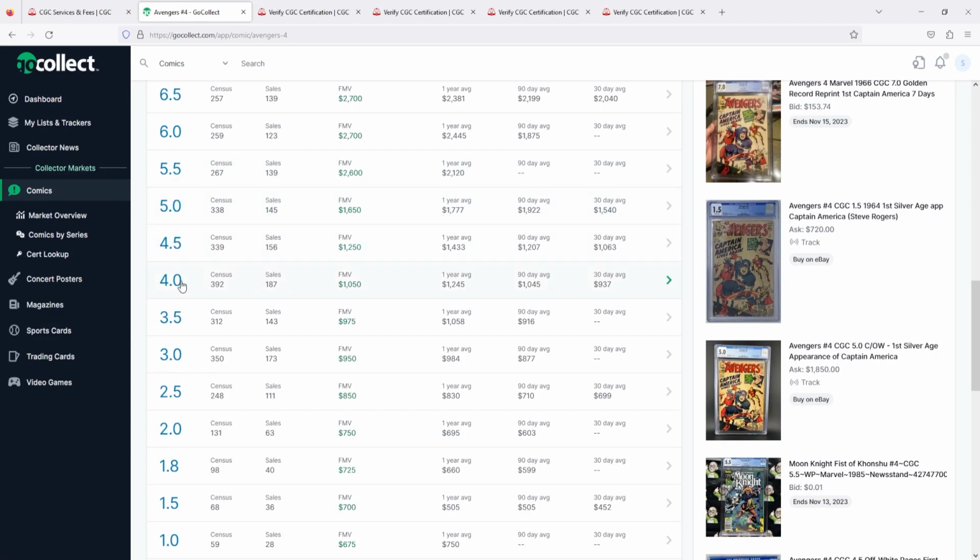I mean, if you look right here between a 4.0 to a 5.0, well, let's say you had a 4.5 book and the 30-day moving for it is $1,000. And if you're able to bump it by 0.5, you can go up to a 5.0, and all of a sudden that value is $1,500. So in that particular instance, to be able to bump this book by $500 would definitely be worth it,